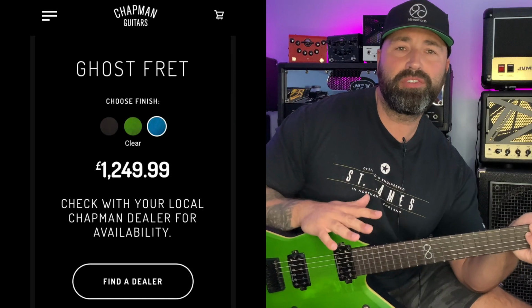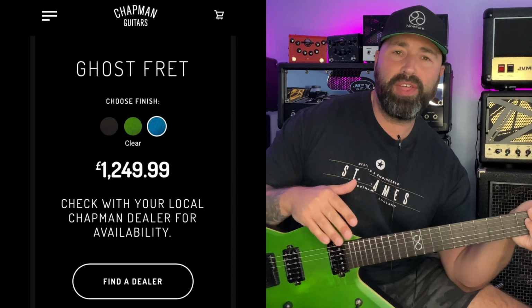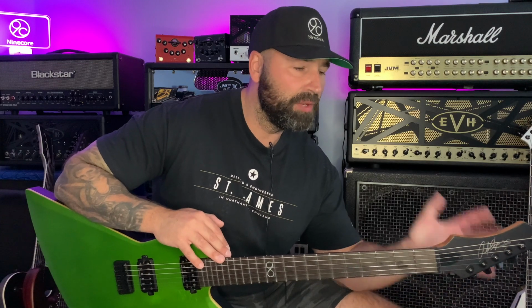I should probably also tell you guys that this guitar retails at £1,249 over here in the UK. That's a fair price for the spec on this guitar, because it is rammed, you know, with high spec stainless steel frets, Seymour Duncan pickups, and it is made in Korea as well, which is one of my favorite factories. I expect Korean guitars to be 900 plus, you know, anyway, and they go right up to £2,000, you know, South Korean made guitars. But absolutely love that factory, and I was really happy when I saw that it was